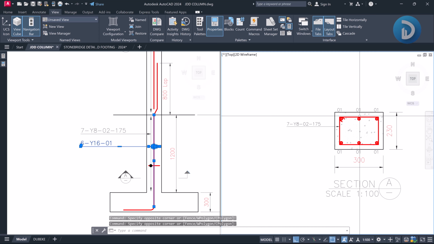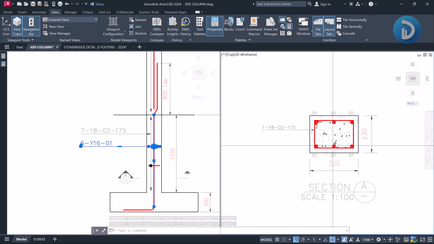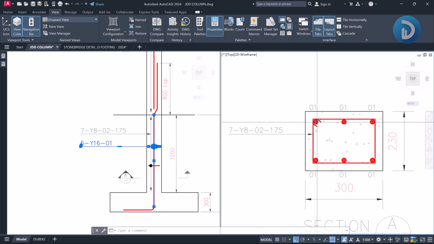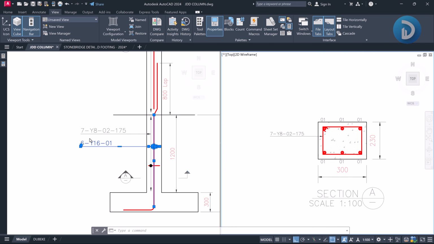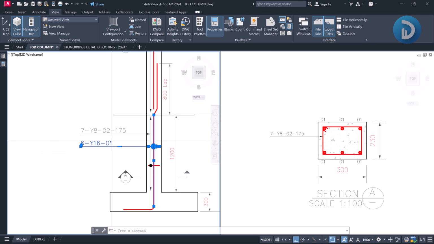And also, if you look at this column plan, if you look at this section drawing here, you can see we have 6 numbers of this reinforcement. This is 1, 2, 3, 4, 5, and 6. We have 6 numbers of this reinforcement, and their bar mark is 01. So bar mark is another important concept that we'll also get to introduce before we head on to the final